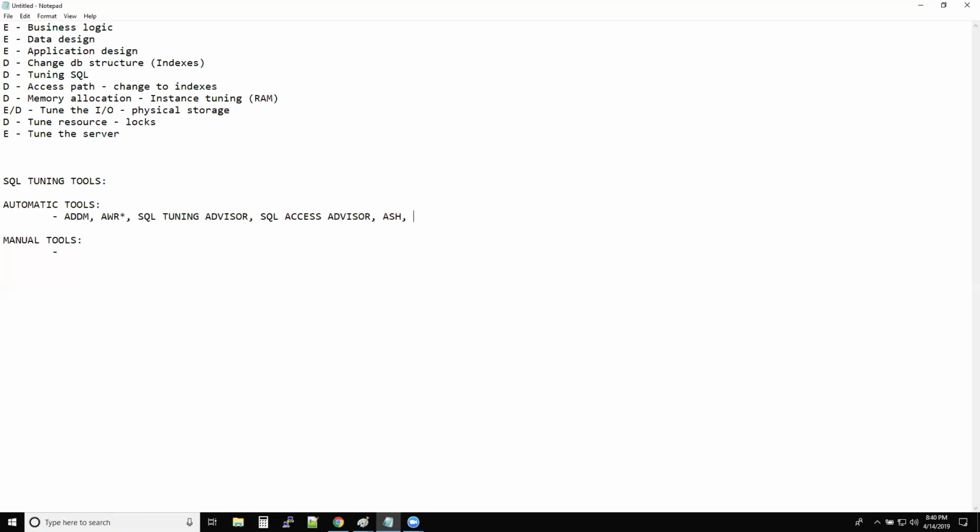One is SQL Plan Management. I'll write it for you, SQL Plan Management. I have hardly seen somebody using it. And then you also have SQL Performance Analyzer. So people use these two reports very less, but the beauty about SQL Performance Analyzer is, in your 12C